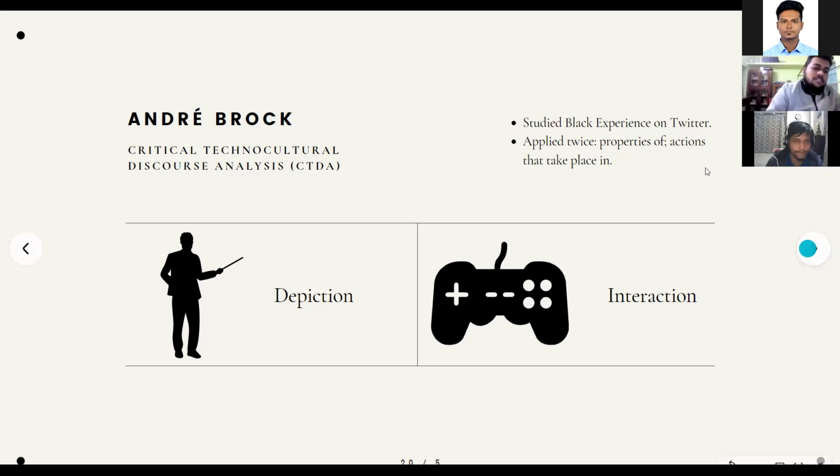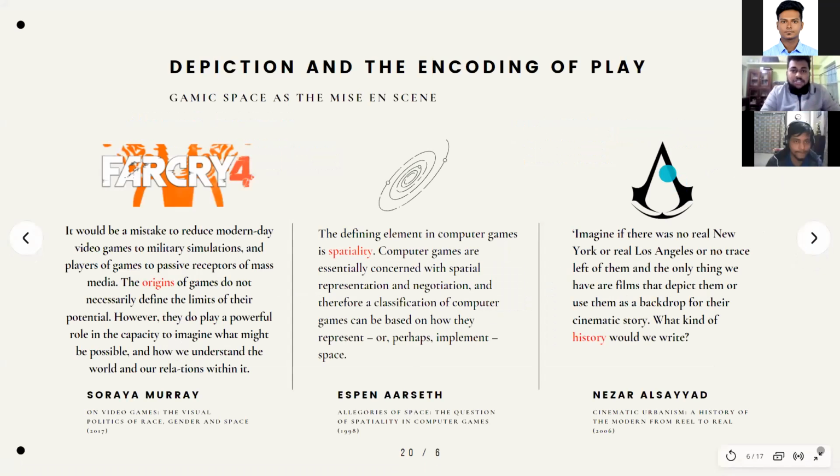Now, this is the first stance which I talked about, depiction and the encoding of play, gamic space as the mise en scène. In cinema, in classical film studies, the mise en scène becomes very important because in early cinema, or before the classical system came into play, the mise en scène was and still is very important. The roots of it lie in early cinema because the entire screen which would be visible in front of the camera had to be painted, decorated with utmost care, because that is the part which would be visible on